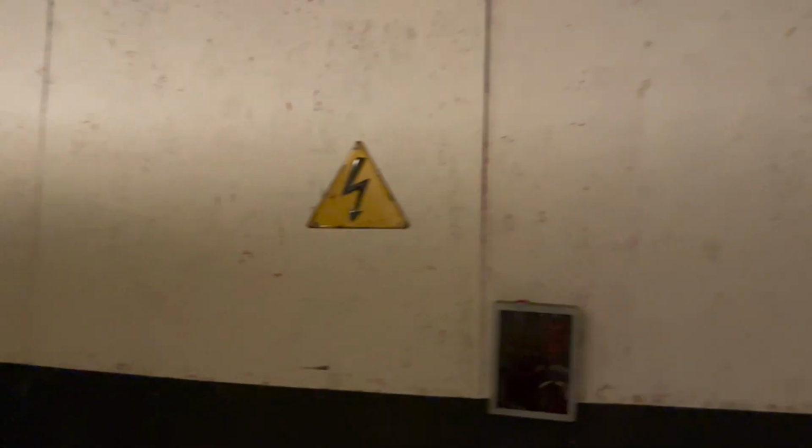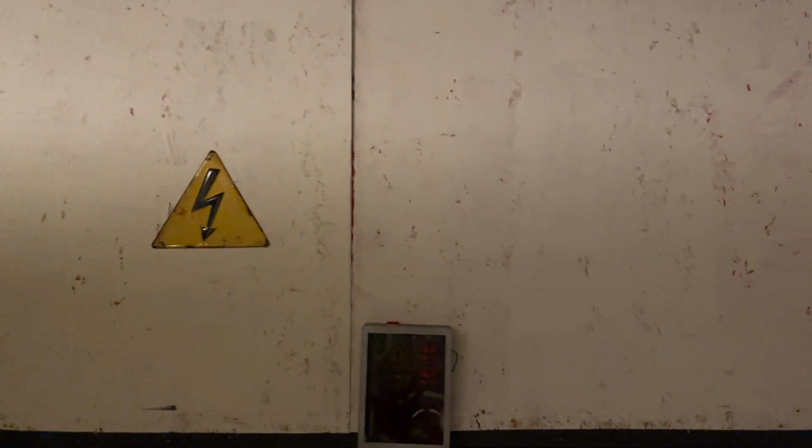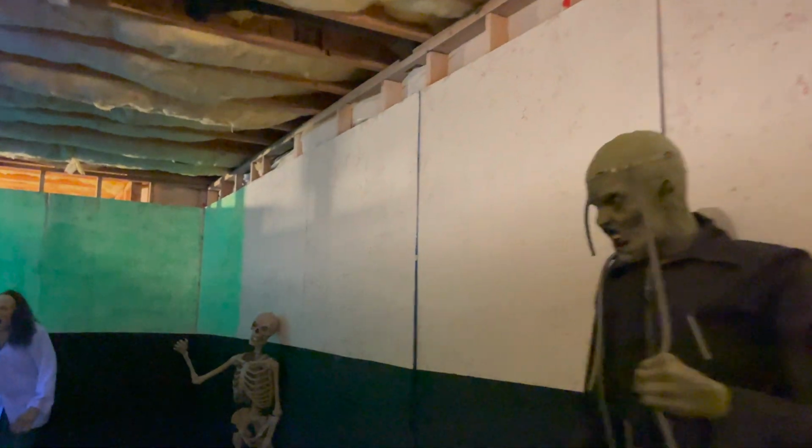I have put these walls up against the unfinished parts of the basement, and then I went ahead and repainted them. This year I'm doing black and white at the top, black at the bottom. Last year I had striped walls. You can see some leftovers of it, where it was white, red, and then white, a pattern design of red and white stripes. I thought that turned out really cool, but this year it's going to be black and white to fit the